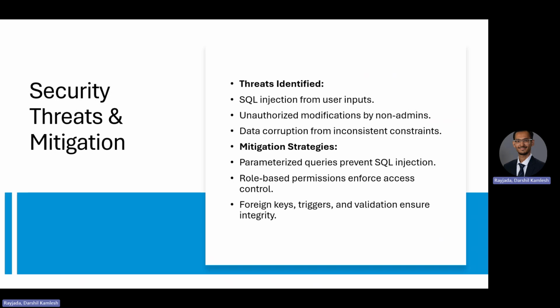Now coming to security threats and mitigation. In the security threats and mitigations, key threats included SQL injections, unauthorized modification, and data corruption, as you can see over here. These were mitigated by using parameterized queries, strict role-based permission, and enforcing constraints like foreign keys and triggers. So, to explain this in detail, basically what I did is, let's say I'll